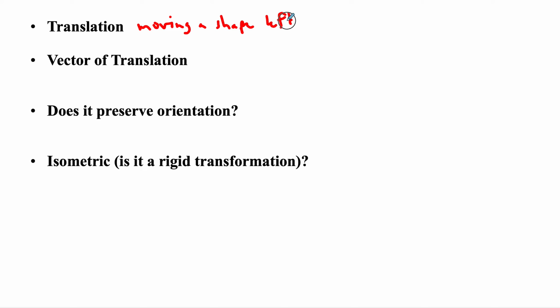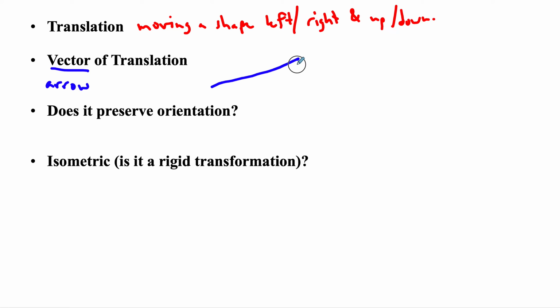left or right, and up or down in any combination, okay? Now a vector translation. So a vector is, think of it like a directed line segment, or maybe a better way to think of that is an arrow, which is pointed in a certain direction and has a certain length, okay? So if I was to take a triangle like